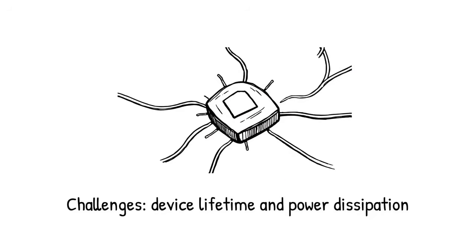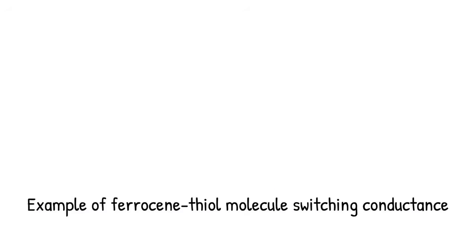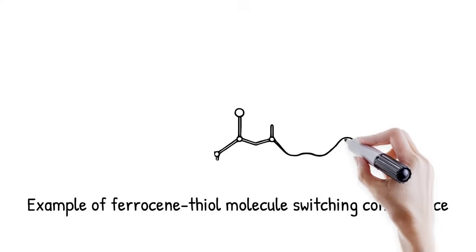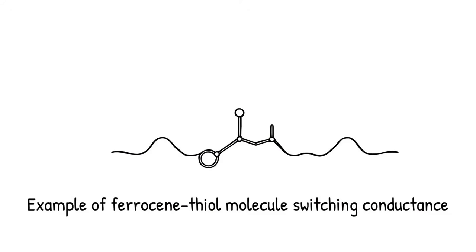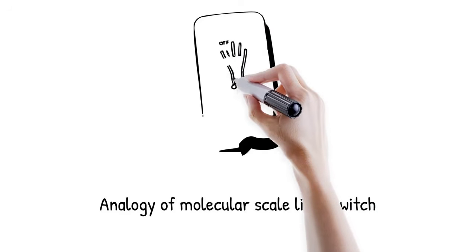A single ferrocene thiol molecule in a break junction setup toggled conductance by 2 orders of magnitude upon cyclic voltammetry. It's akin to flipping a tiny light switch at the molecular scale, bright on and dark off, depending on its